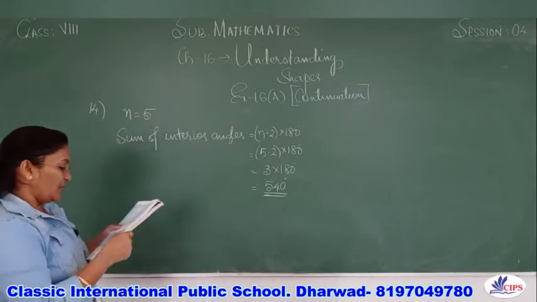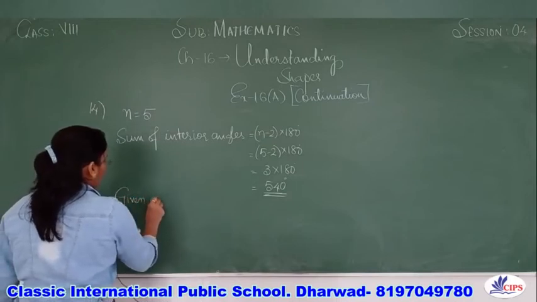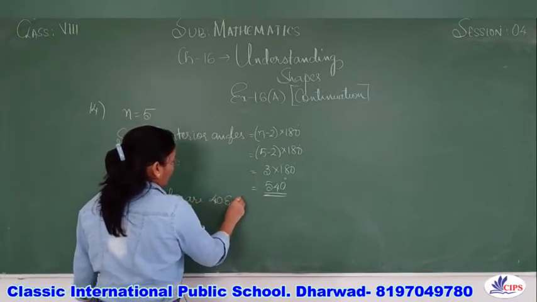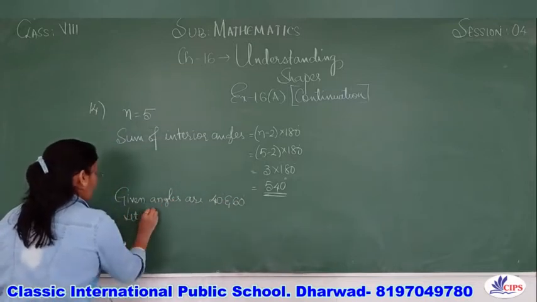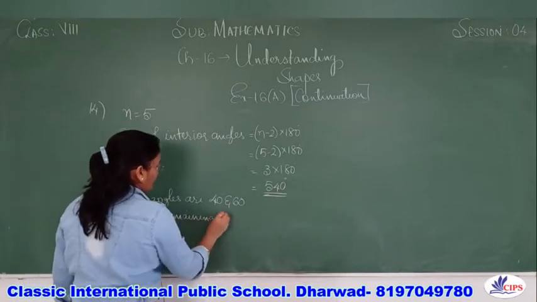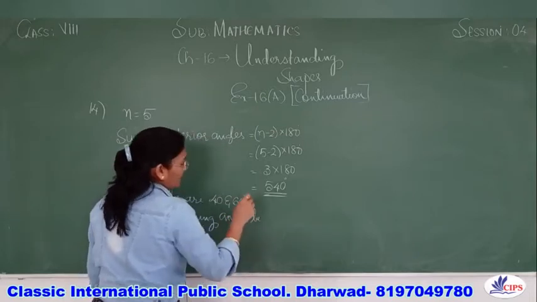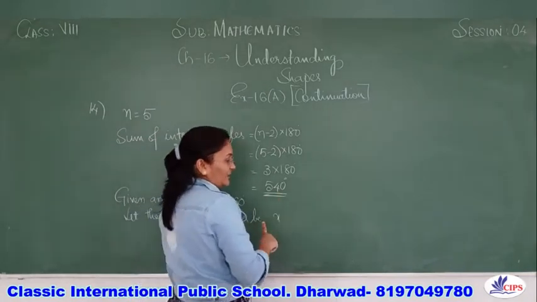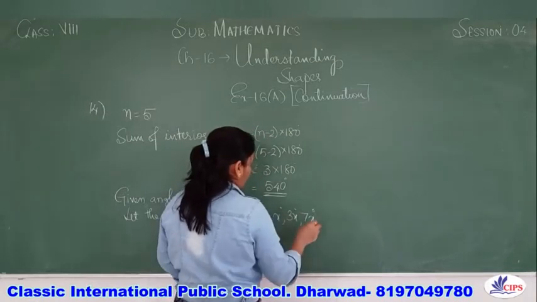And now the given angles we will write. What are the given angles? 40 degrees and 60 degrees. Let the remaining angles be... So why have we taken 'let the remaining angles be'? Because they have given it in the ratio, we will take it as variables. So it's x, as it is 1 I have taken it as x, then it is 3x and 7x. So these are the remaining angles given.